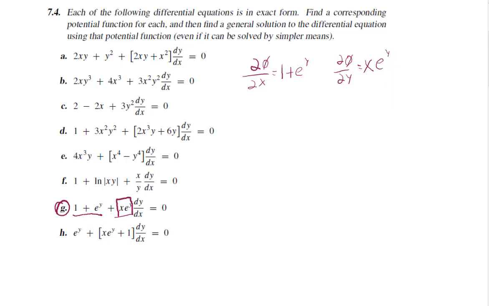Now again, it doesn't really matter which we start on. Let's just say that if we take the x e to the y, the partial of phi with respect to y,